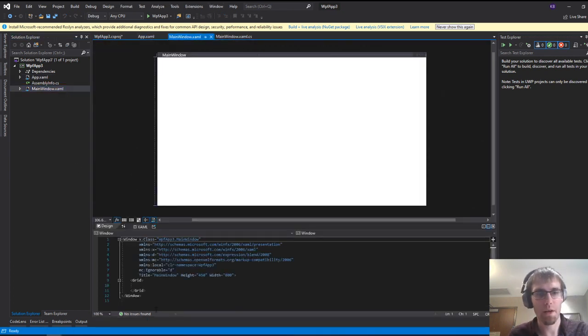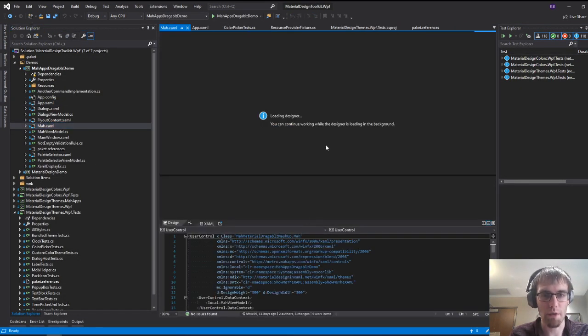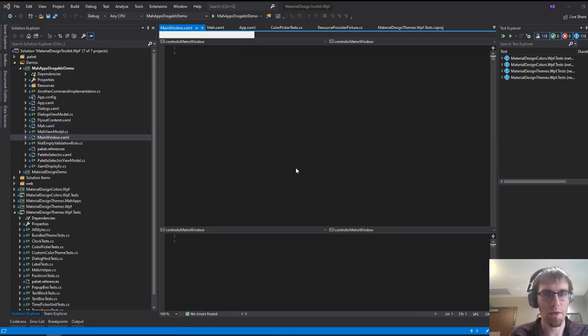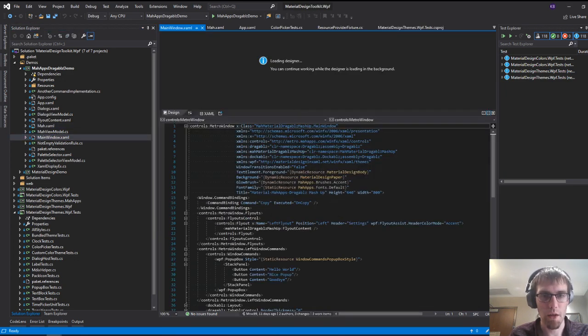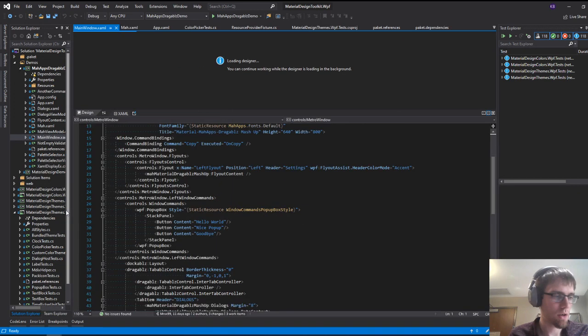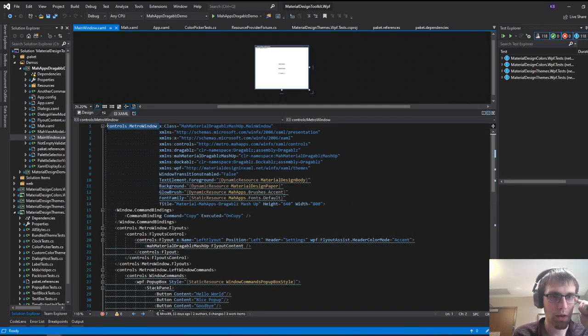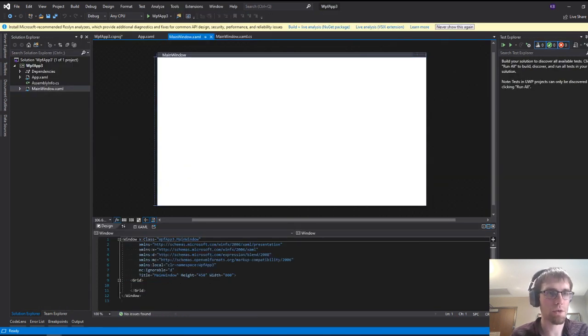Okay, so now let's do something like what's in the demo app, perhaps. So on the app screen, I think we have, or even on the main window, I think we have just a flyout control, don't we? Let me make that a little bigger, just to make sure that that is actually visible. So, well, here's the simple case, right? We just switch this over to a Metro window. So let's do that, right? So rather than window, this is going to become Metro window,